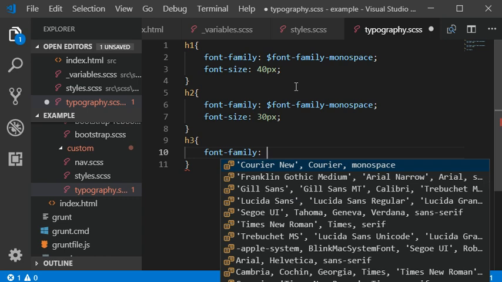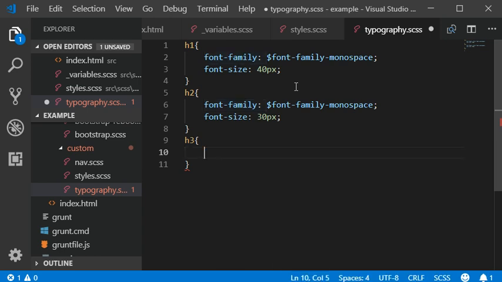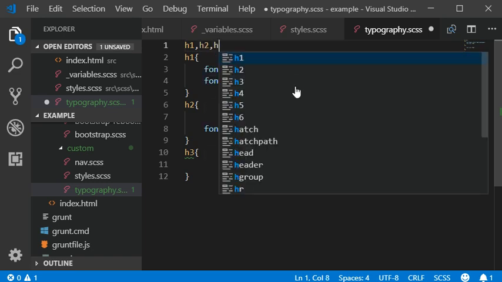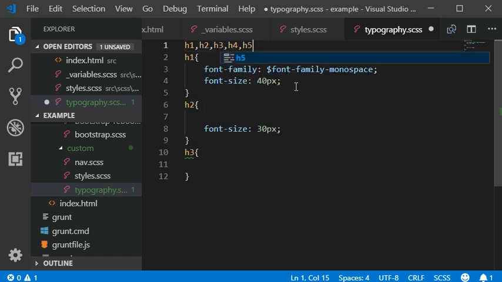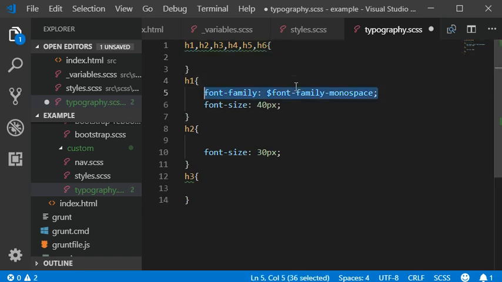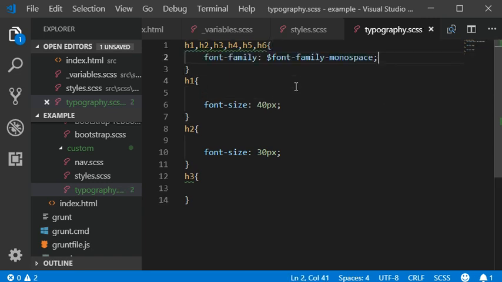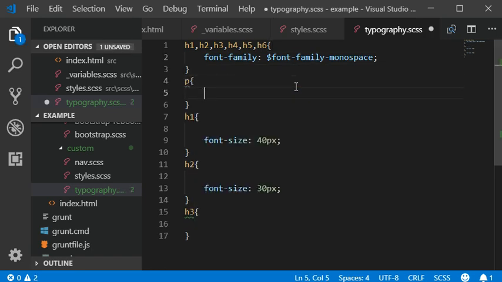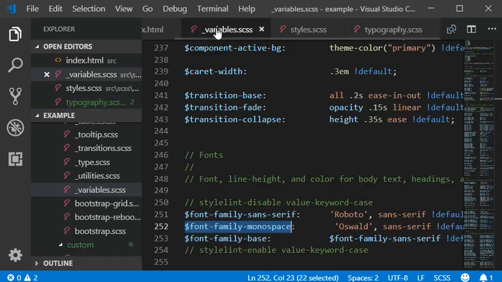Actually we will also make some dynamics here. I'm gonna define h1, h2, h3, h4, h5 and h6, and define the font family into this, and then paragraph which has the class lead and small,